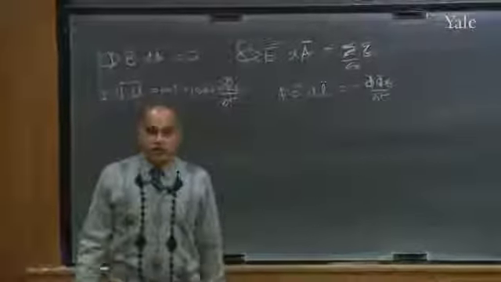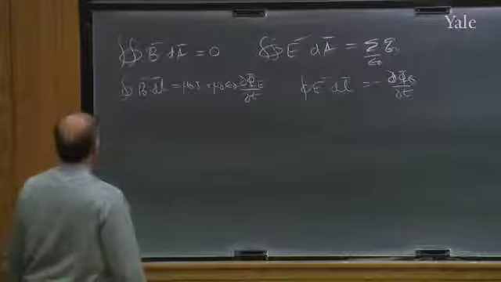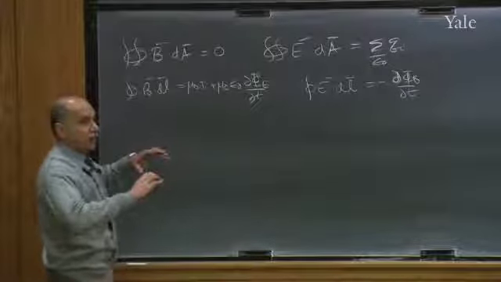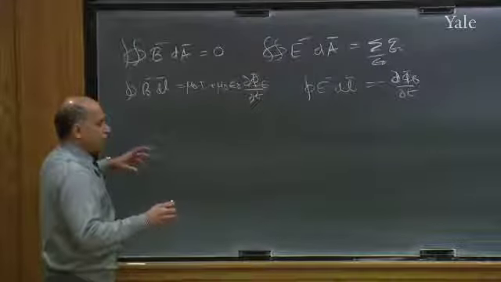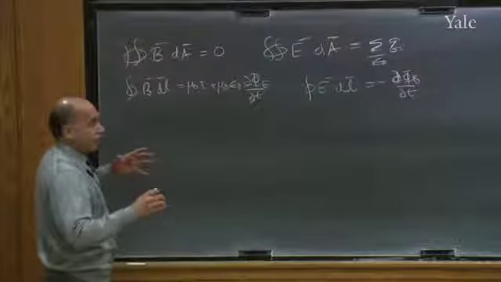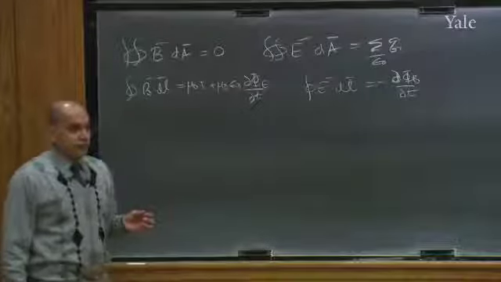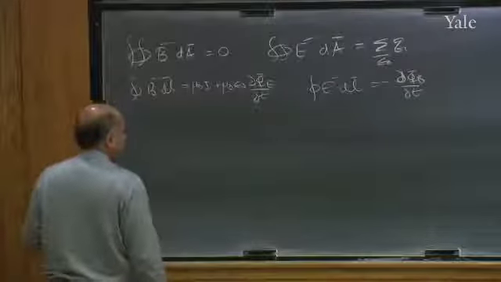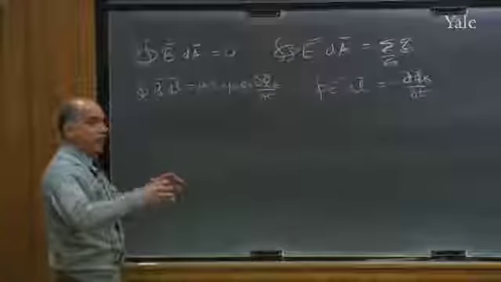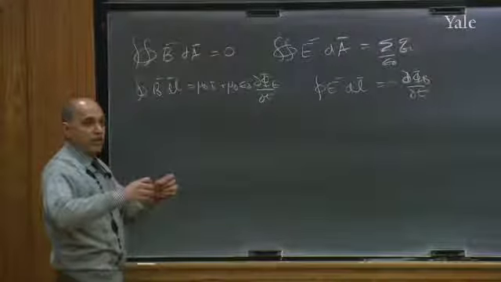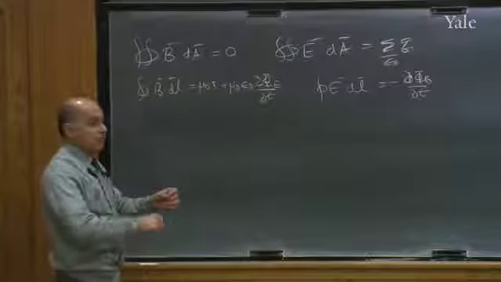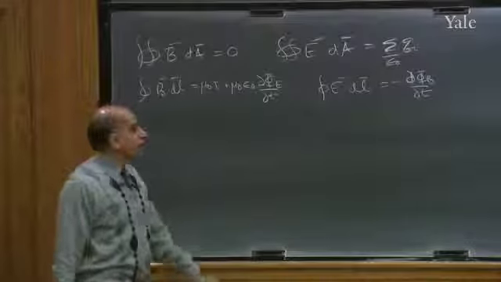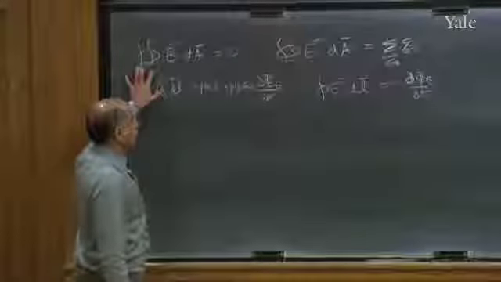Okay, those are the equations. The first one tells you that if you draw any surface and integrate B over that surface, namely you're counting the net number of lines coming out, you're going to get 0. That's because lines begin and end with charges, and there are no magnetic charges. So any line, if you look at any magnetic field problem, the lines don't have a beginning or an end. They end on themselves. So if you put any surface there, whatever goes in has to come out. That's the statement of no magnetic charges.